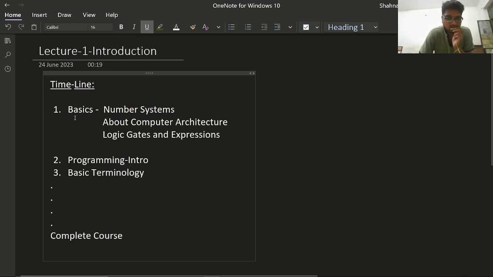We will start from the basics. In the basics we will have number systems and then computer architecture. Just ask yourself why you are programming a computer and why it is needed. You have a set of hardware connected together, a webcam integrated into your laptop or desktop, a keyboard attached to it, and a mouse also.